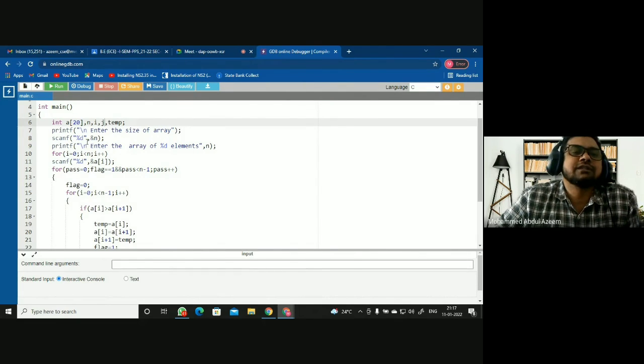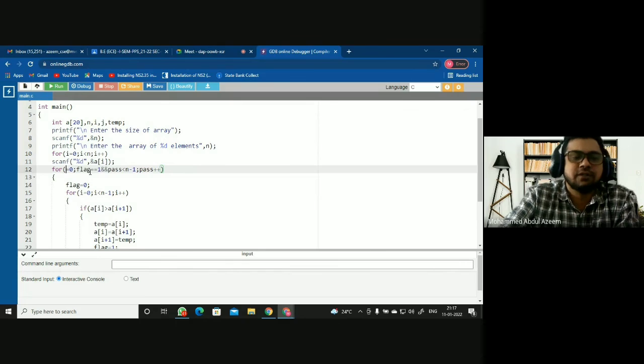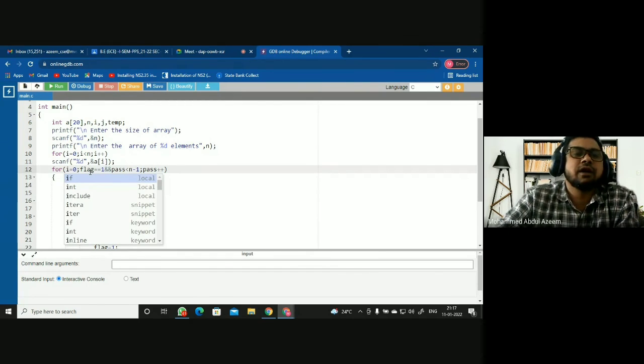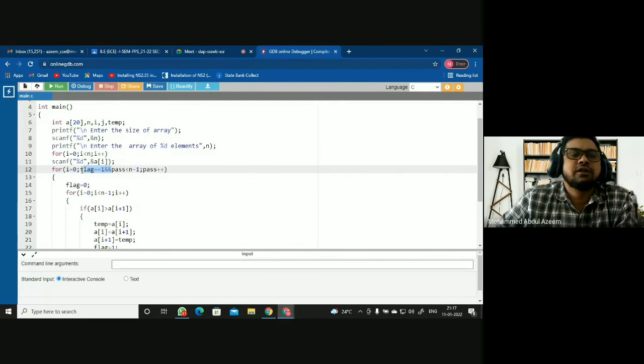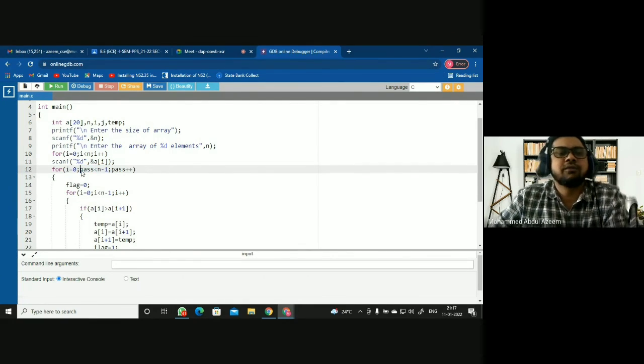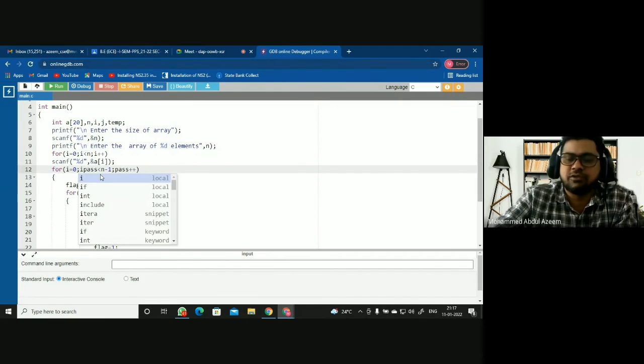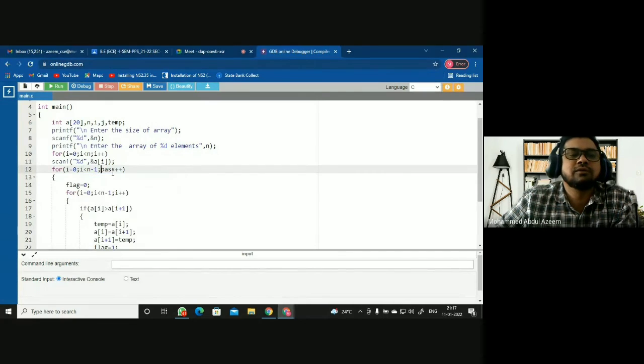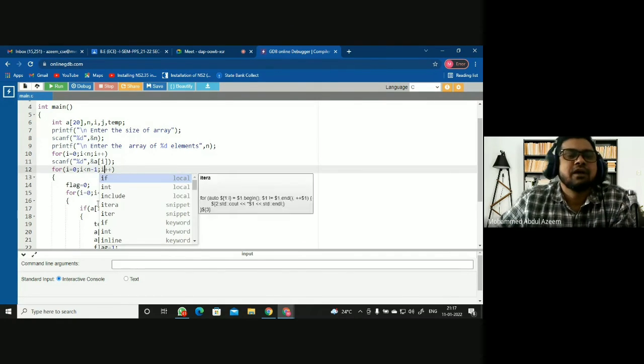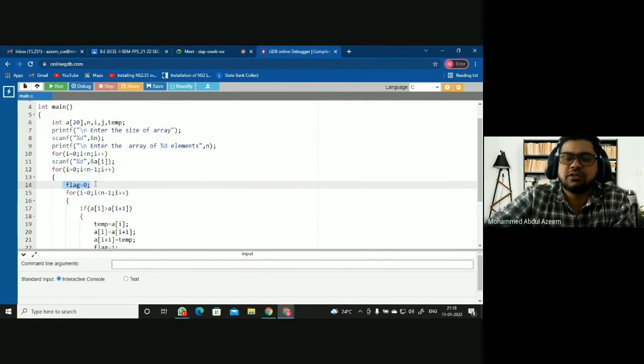So first you read the size of the array, read the elements here, and then your logic starts. Let us say i is the index which is going to represent the selected positions. The selected position should start from i, up to i less than n minus 1. Last but one, rather, right? i plus plus, I say here. Then I don't need this flag anywhere, so I just remove this.